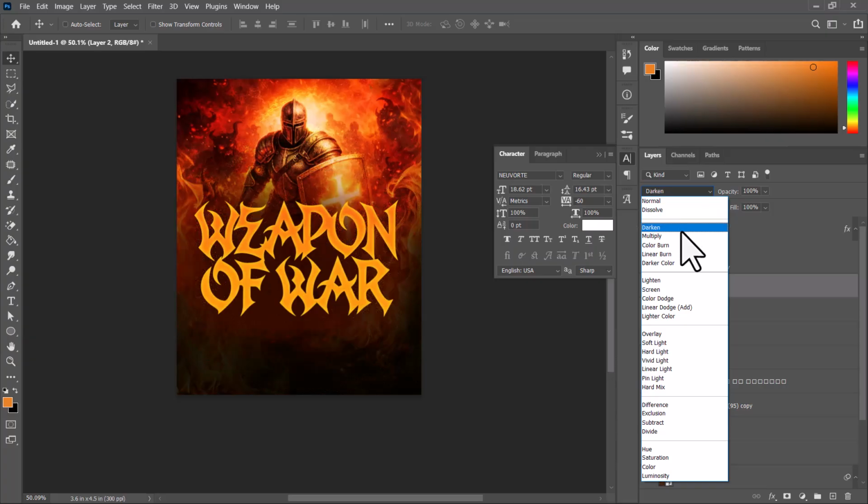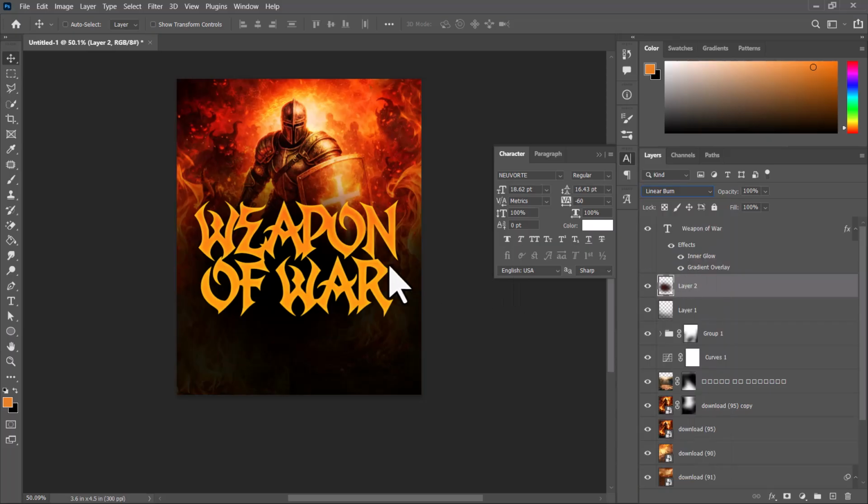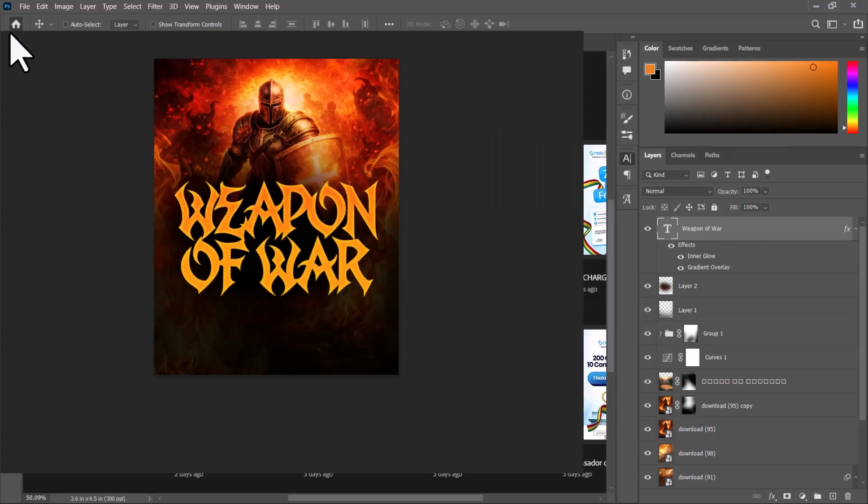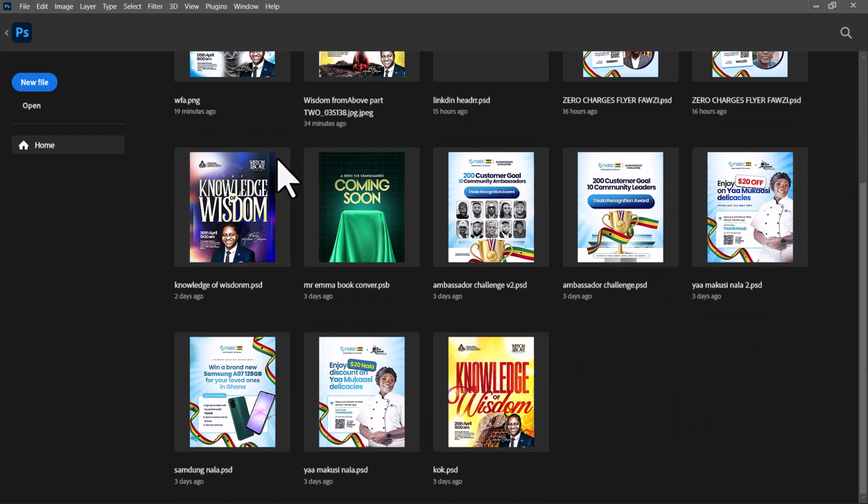Do you get? So you can still go for it. You can even still go for this. Yeah, weapon of war. So this is how typography can determine your design. So typography can really determine your design. And if we are to look for something to use,